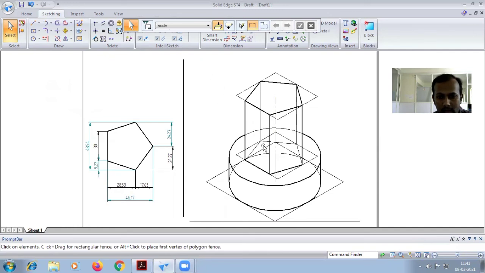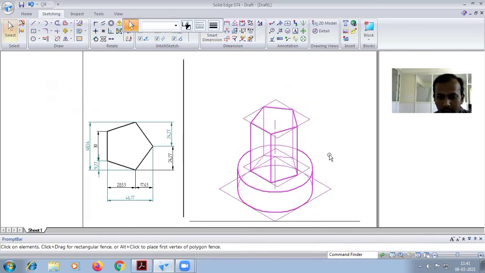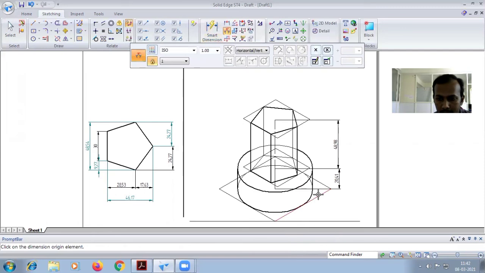Now select the whole diagram and convert it into isoscale 0.8164, and place it properly on the reference line. Take the vertical dimension and check the vertical distance of the axis of the cylindrical block and also the pentagon. That's why I did not erase the reference line. Vertical dimensions you have to show, and you can go for the angle, 30 degrees on both sides. Yes, this completes the diagram. Thank you.